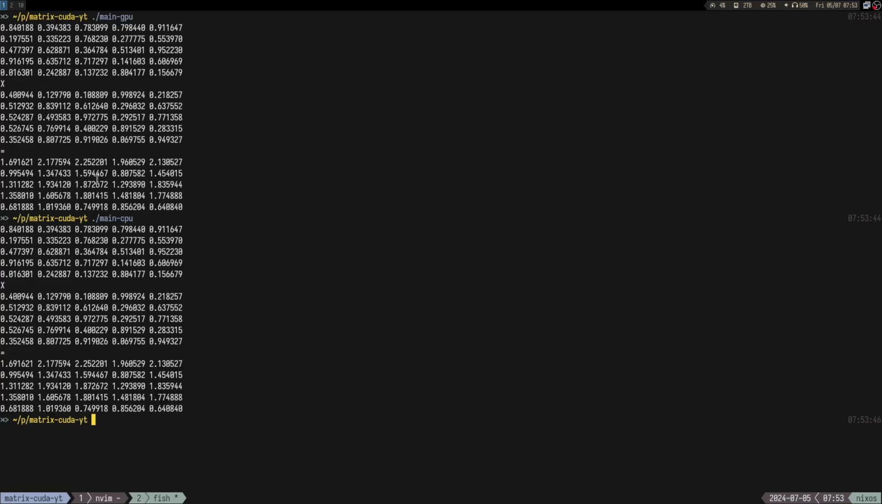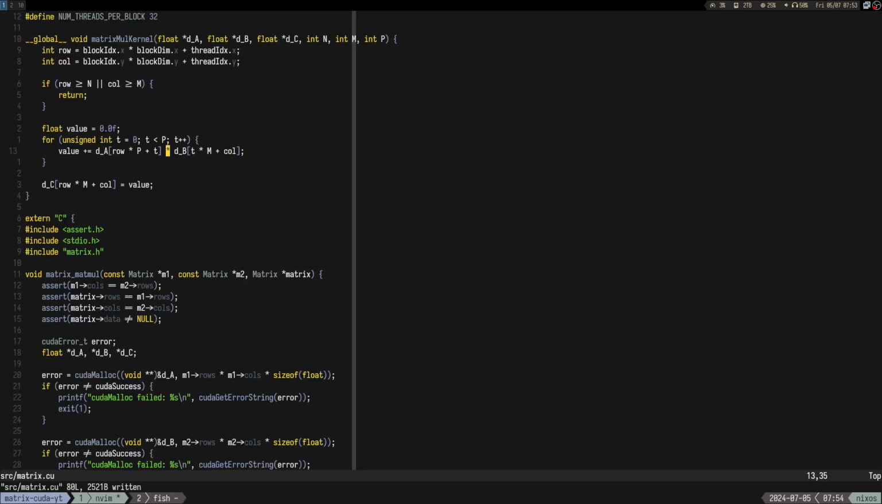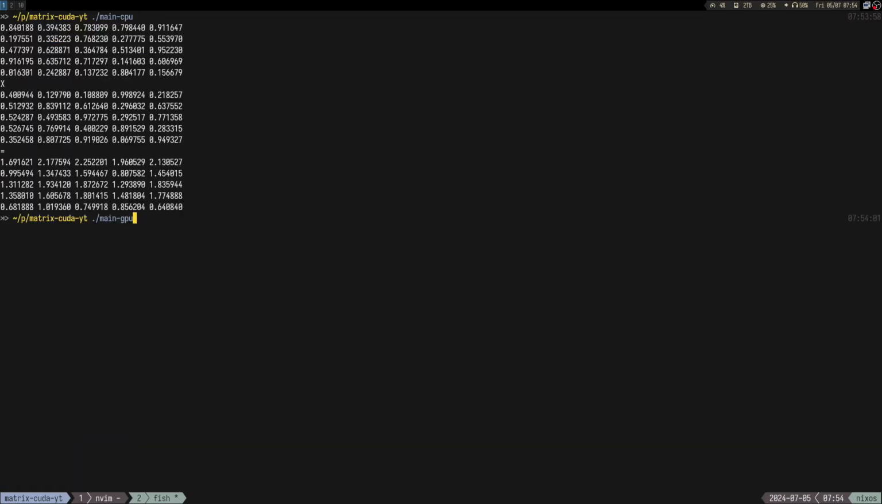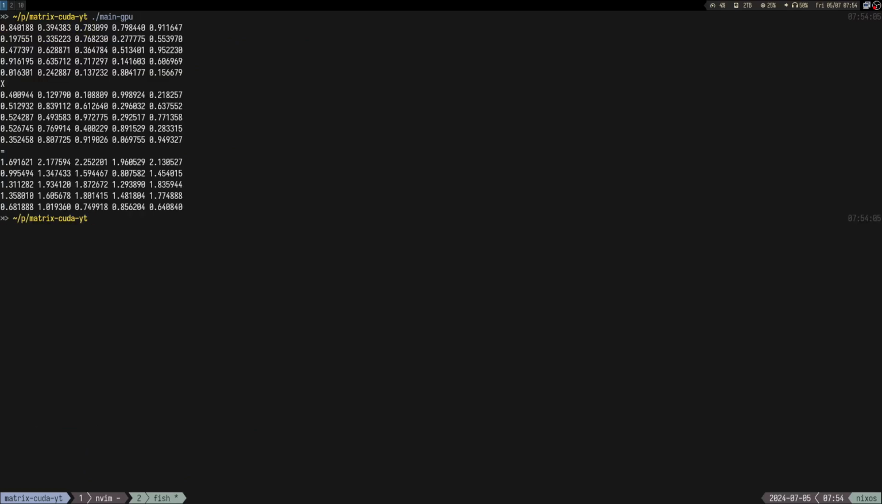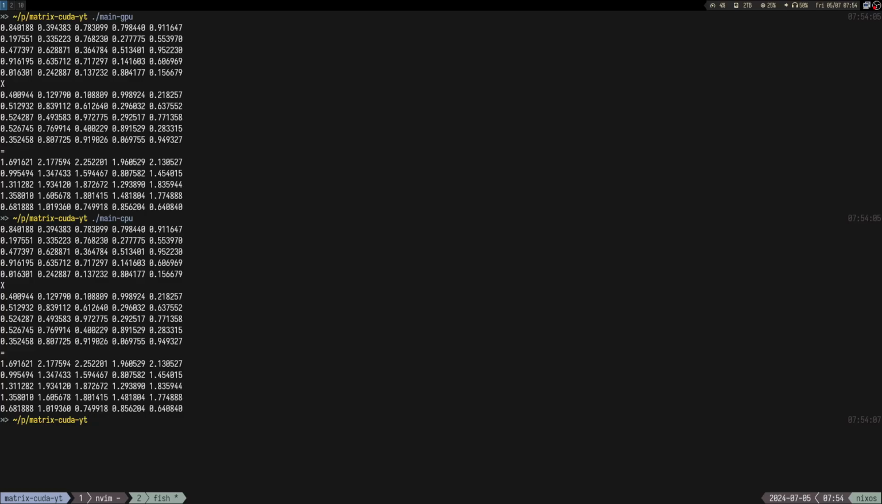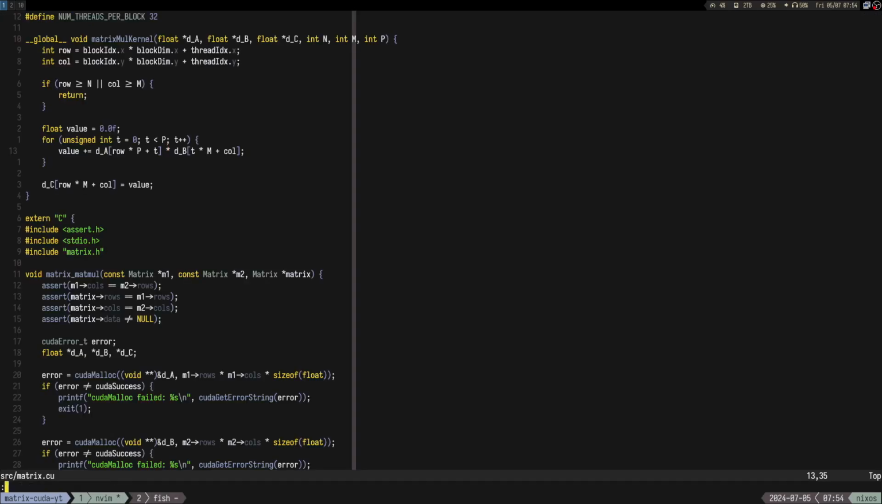Yeah, so we have the same results, which is pretty cool. It means that if we are wrong, at least we are wrong in both places. So yeah, you can see that the GPU one starts a bit slower. That's a bit